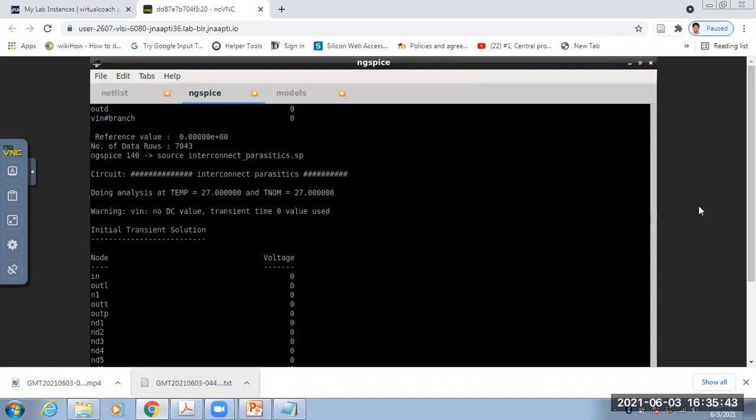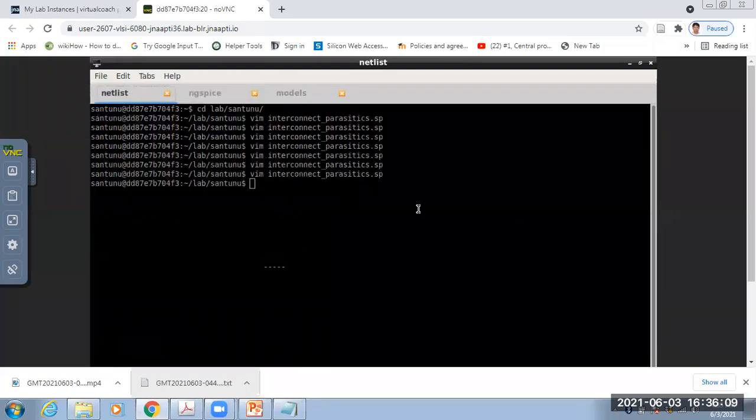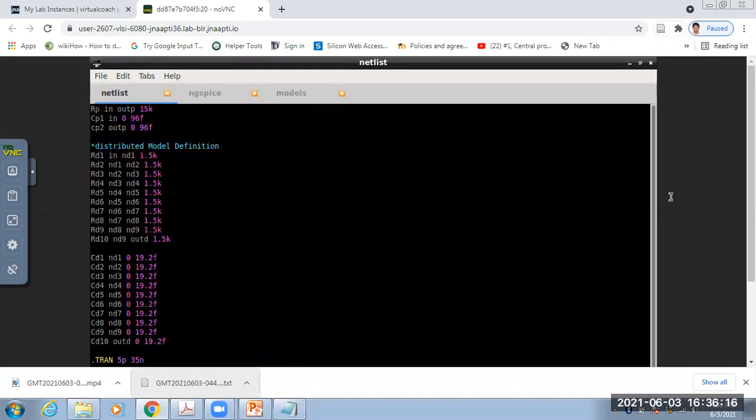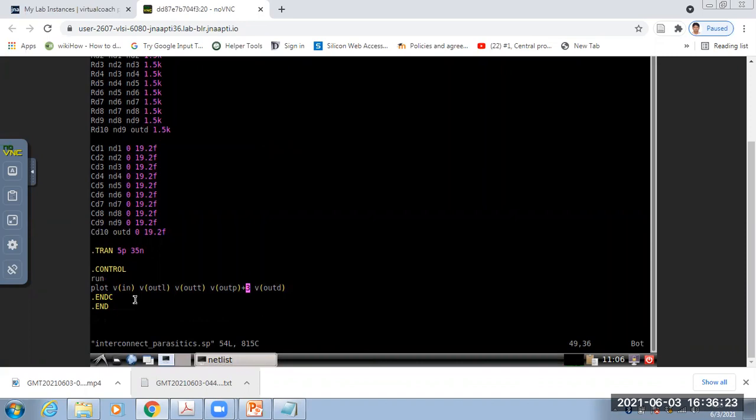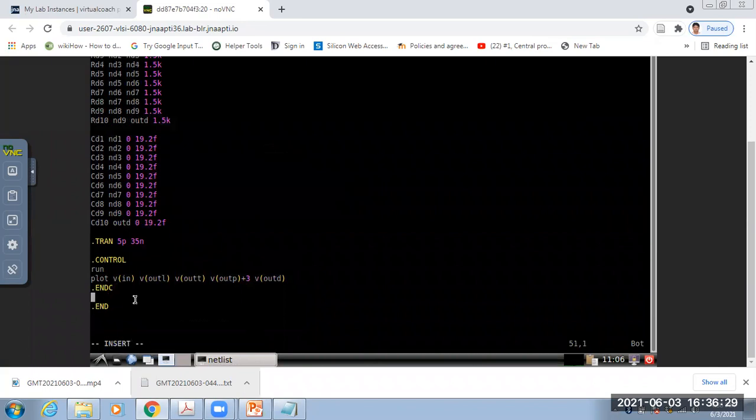Now please, only for those two, lumped and distributed, you can write the dot measure statement, the trig targ statement, so we'll measure the value. After the end C line, what to write?